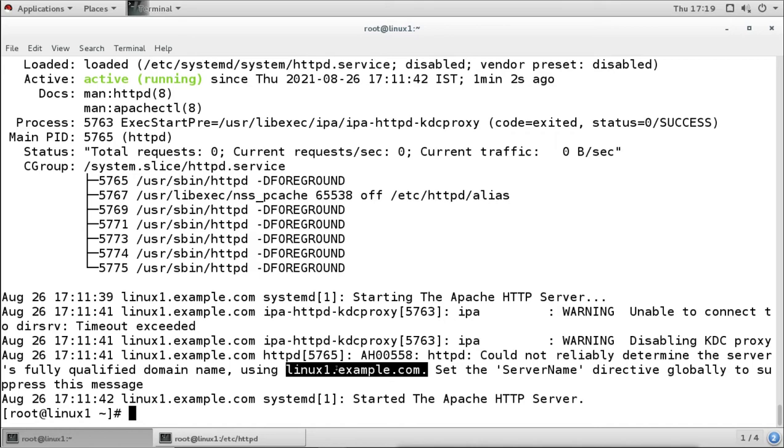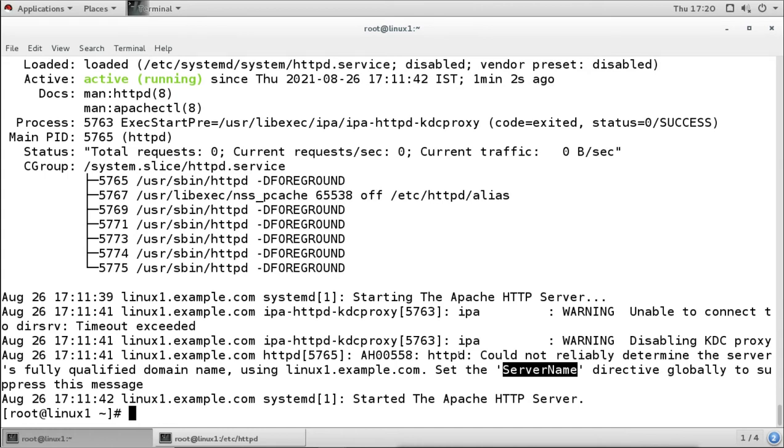And if you don't want to see this error every time, then you have to set the ServerName directive globally in our main configuration file. Otherwise, whenever we restart the services, we will see this error.